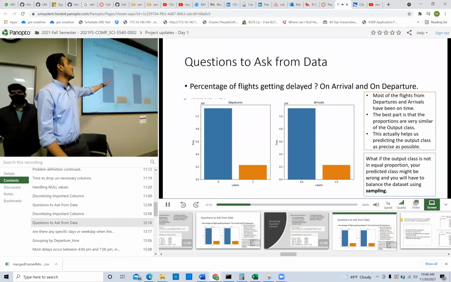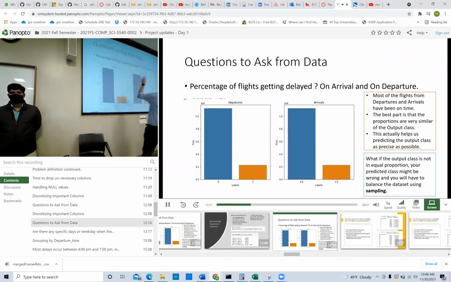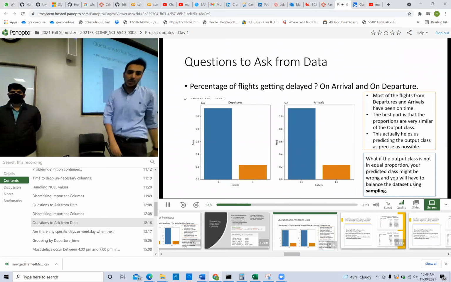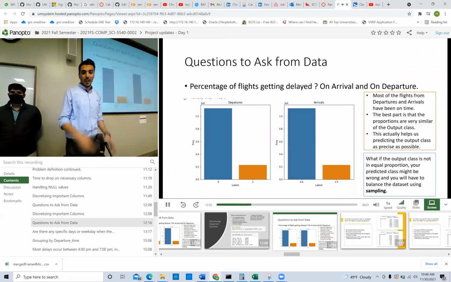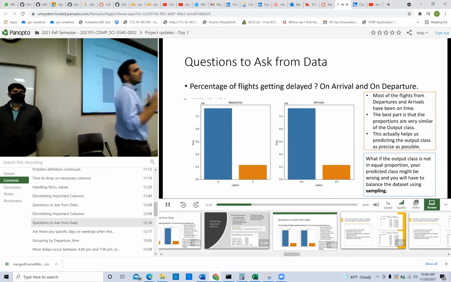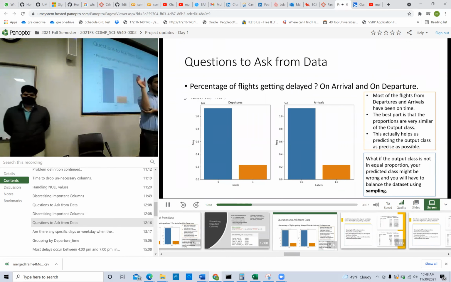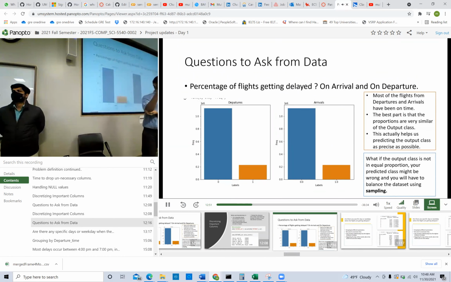So I need to see how many departure flights there are, how many are arrivals, and among the departure flights, how many are on time and how many are delayed, and likewise among arrivals. One important thing I noted for machine learning algorithms to work perfectly fine was that your data set should be balanced. For example, take a simple faulty and non-faulty data set in which 90% of my output class is faulty. You expect your machine learning algorithm to predict, but the likely result is that the output will be faulty, since the algorithm is trained like this.